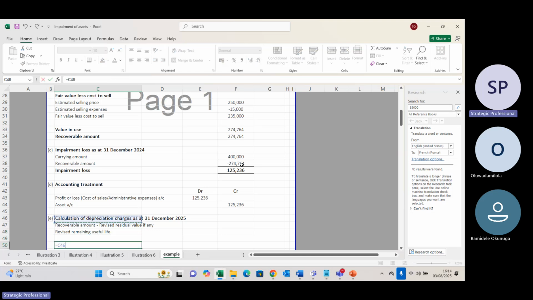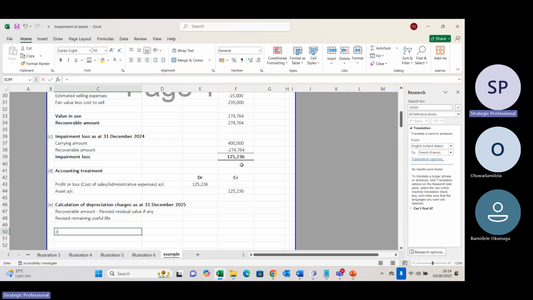Now, in this case, what is my recoverable amount? You guys should tell me. What's my recoverable amount? 274,764. 274,764 minus revised